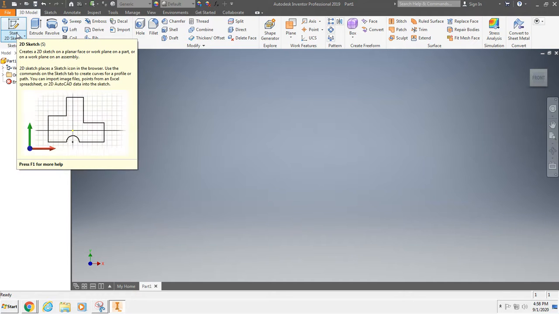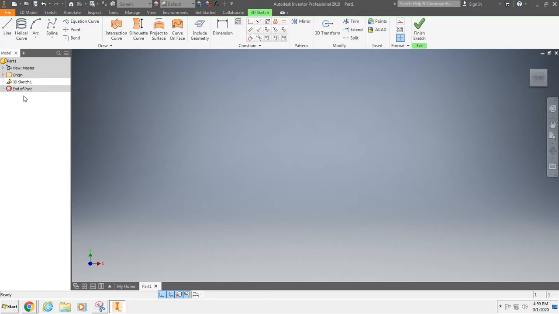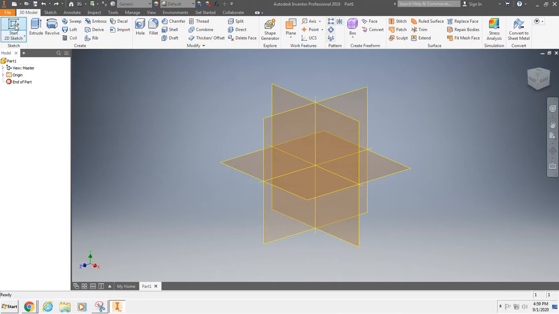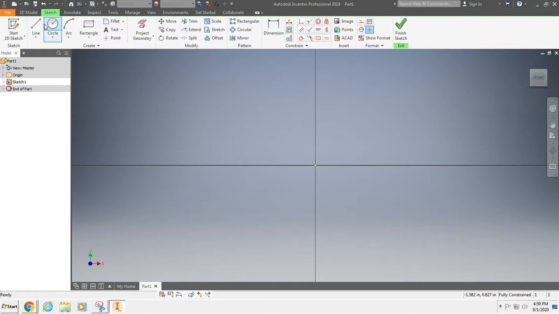I'm saying a lot. I've got to apologize. It's late. You want to make sure up here by the pencil that you're in 2D sketch. If you find that you're in 3D sketch, either hit the back arrow or go File, New, and then make sure you're selecting 2D sketch. Then you can click on the pencil and click on the front plane. The front plane aligns with the front of the view cube,